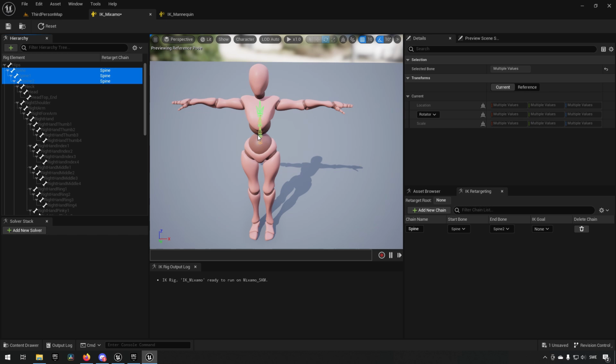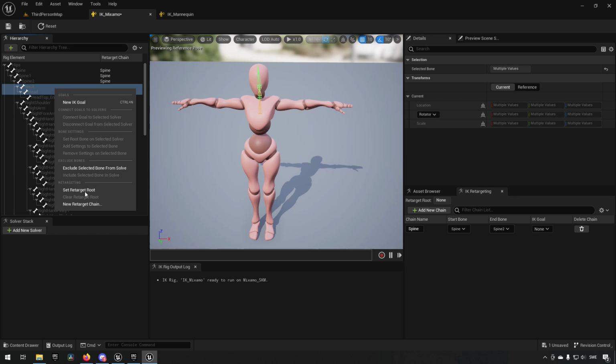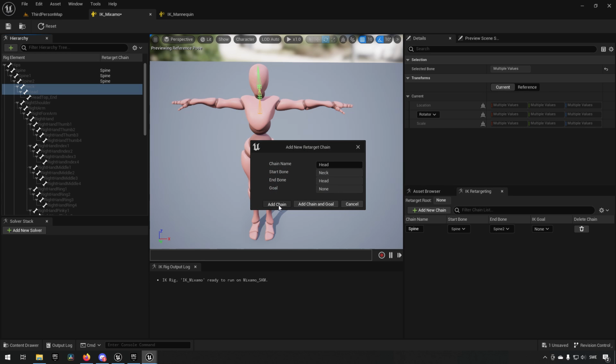Now, from the Unreal Engine 5 skeleton to this skeleton, you can see that we have a difference in the amount of spine bones available to us. So by creating a spine chain, we can equivalize the 5 spine bones of the Unreal Engine mannequin to the Mixamo's 3 spine bones. We continue this whole procedure by doing our head parts, new retarget chain, and we'll do the same